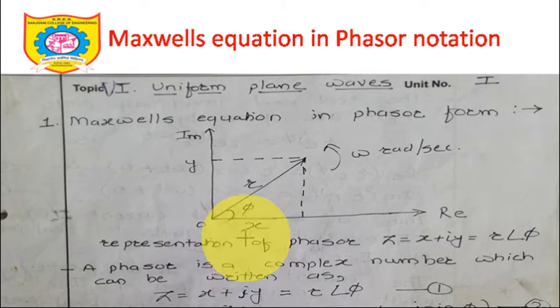Let's say I am having two axes, x-axis and y-axis, where a real part is along x-axis and imaginary part is along y-axis. Let's see, this is x coordinate, since it is a distance along x, and this is a y coordinate, and one vector r is drawn. You can show it by simple r or r bar, it doesn't make any difference. So r bar is a vector, and this is making an angle of phi with the positive direction of x-axis.